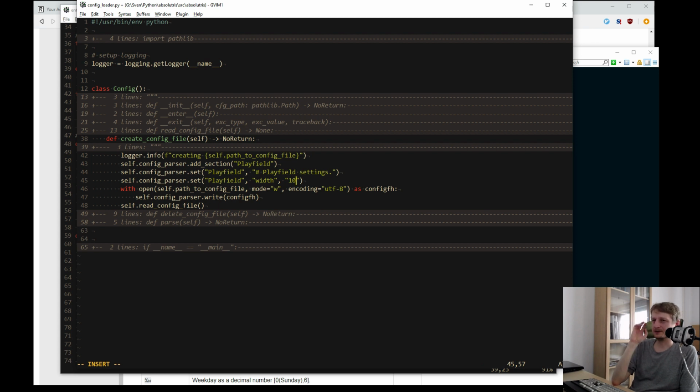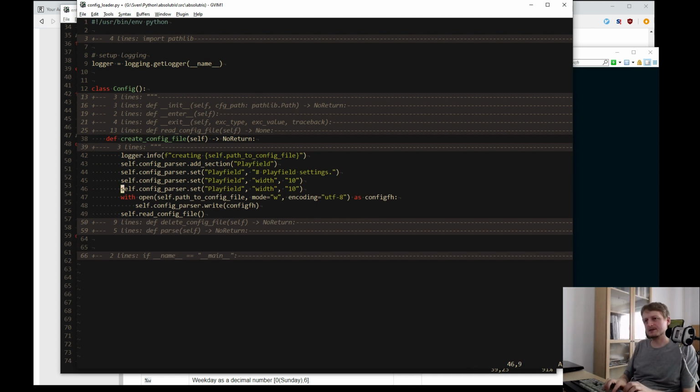I know it massively influences the game, the feel of the game. So you kind of want these playfield dimensions hard coded, because if it's something other than 10 by 20, then it doesn't really feel Tetrisy, or it feels less like classic Tetris. But okay, let's have it in this configuration file.